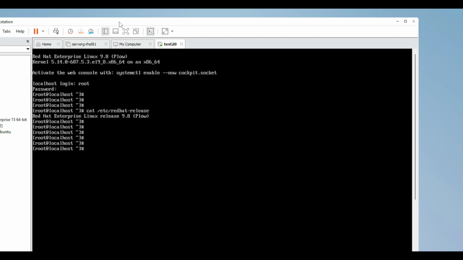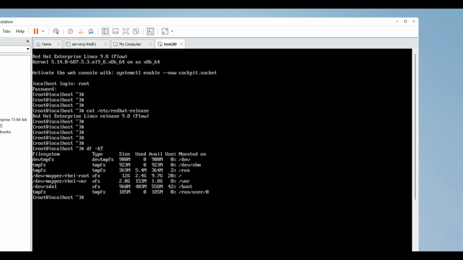And let me show you this partitioning as slash 20 GB and swap only 2 GB and boot 1 GB.